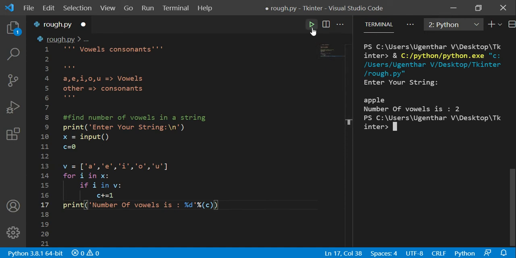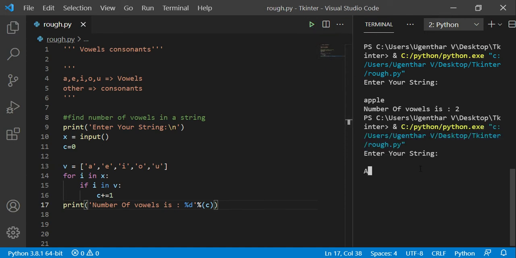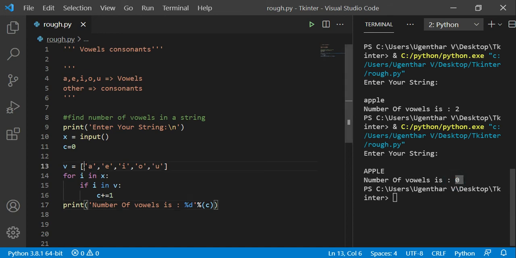Now let me try giving all the letters as capital alphabets, but it doesn't give the count as 2, because I have given only the small cases in the vowels list. You can eliminate this error in two ways.